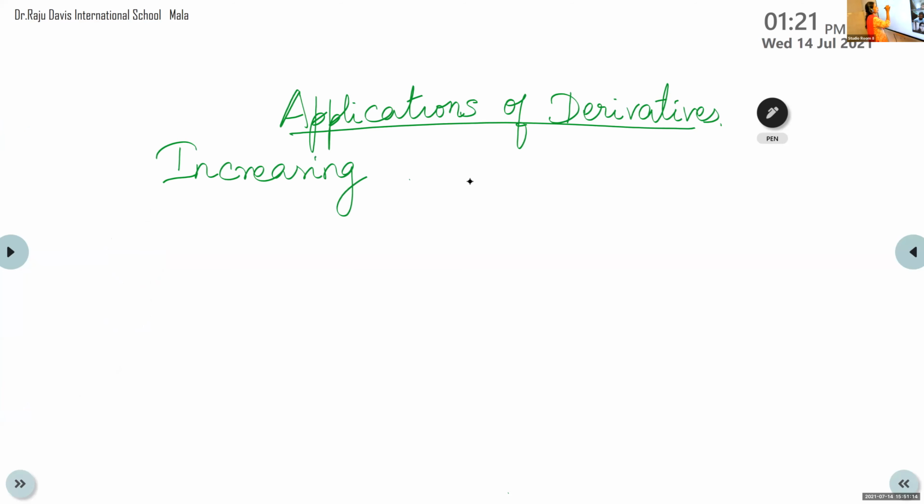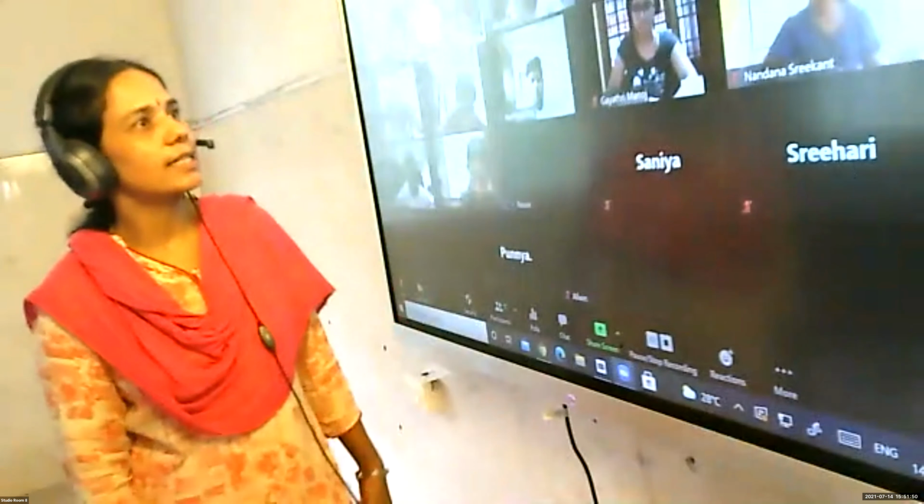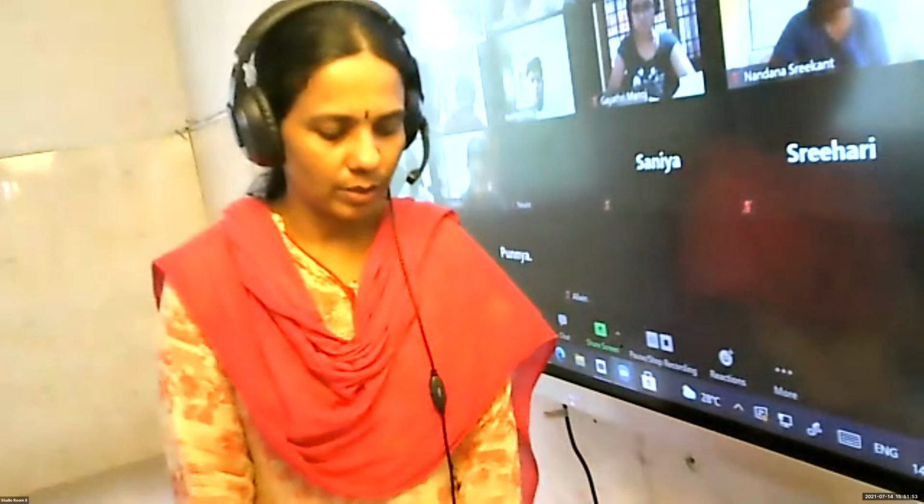Okay, in physics and all, you will be learning this type of graphs. In velocity time graph, accelerations, whether it is increasing or decreasing, whether negative acceleration is there or not. Its main application is in physics and all. Not only in physics, in business also it is there. Whether the profit is there, every year when you draw the graph, whether the profit is increasing or decreasing, we can find whether the function is increasing or decreasing. So, increasing and decreasing function is the topic we are going to study.